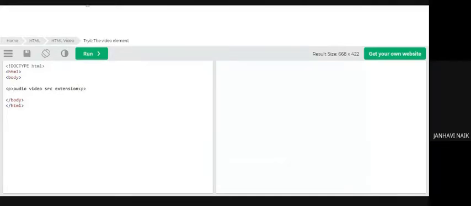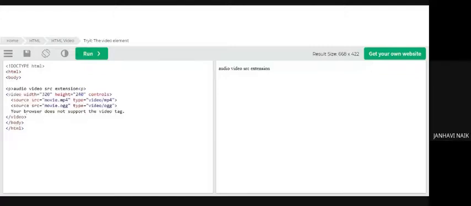These are the things which are needed when you run any particular program in terms of audio and video. So I'll copy the code for video. See here, open angular bracket video space. I'm giving a certain width for the video to display, a certain height for it, and there is a word called controls. We already know when I say video, I am adding video. If I am saying audio, I am adding audio. Width and height specify how much should be the width and the height of the video on the output screen.